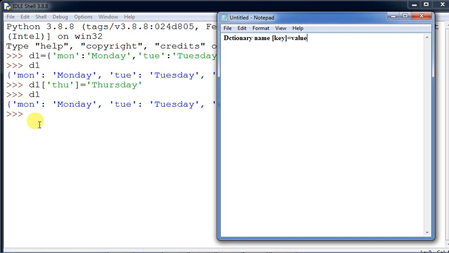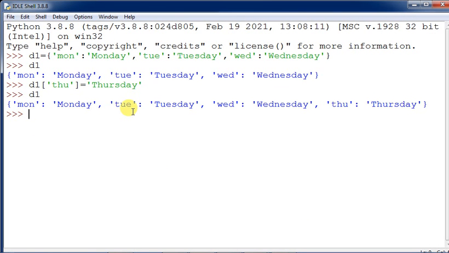Now suppose I am taking another dictionary, d2, equals to, with one name, say Tina, and age 18. Then Ria, her age is 12.